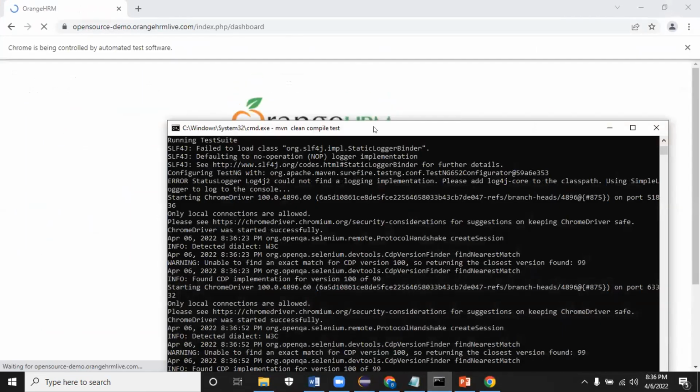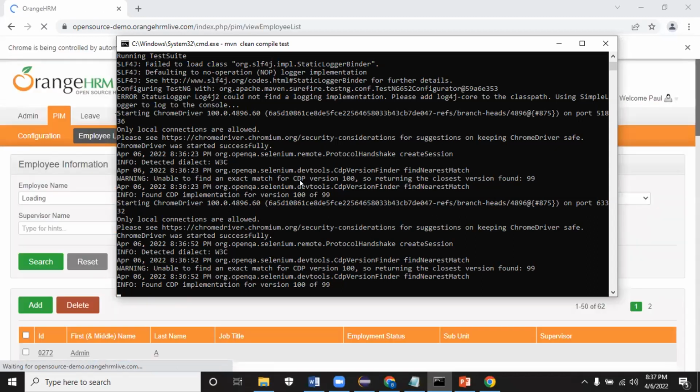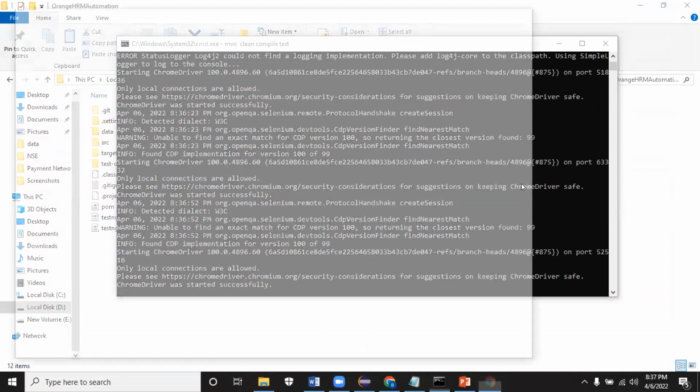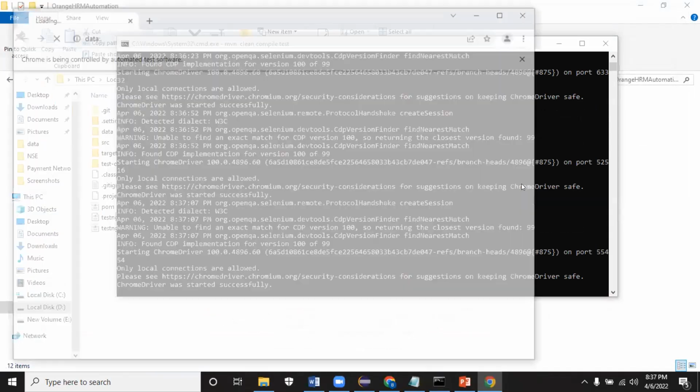Now, let it run all the files. In server machines and all, we'll run this goal only: mvn clean compile test. Right now, all the test methods which I created are getting triggered.